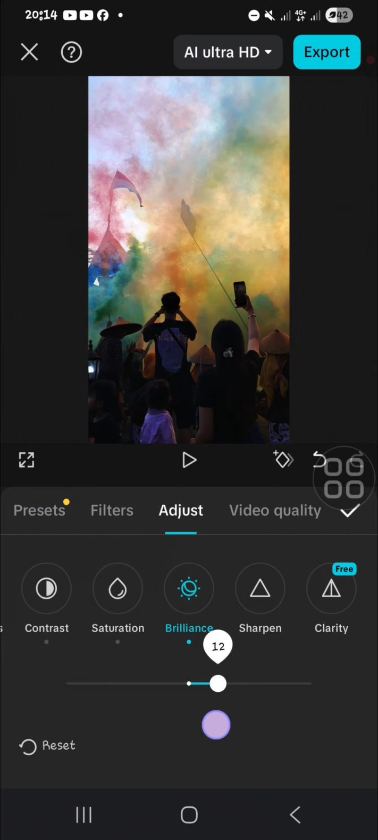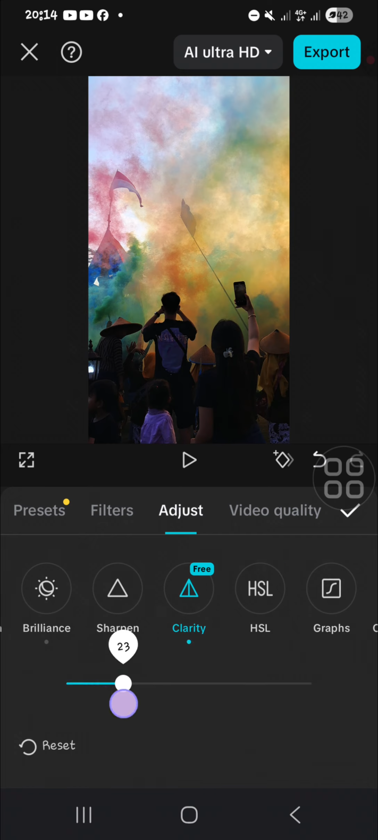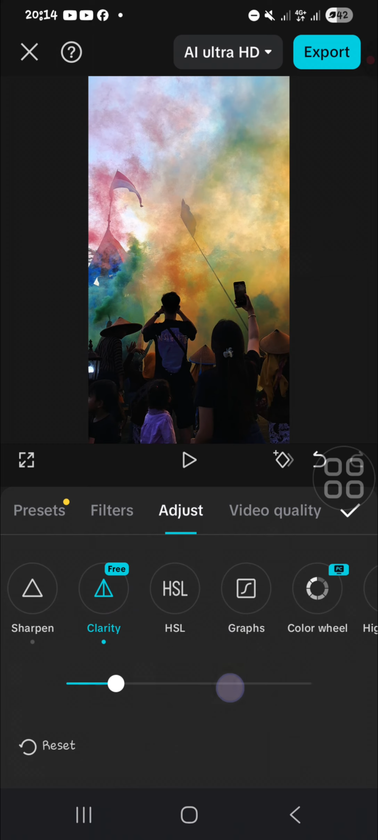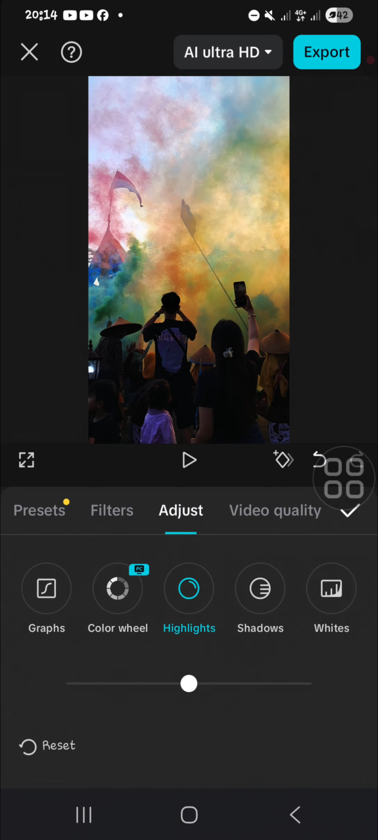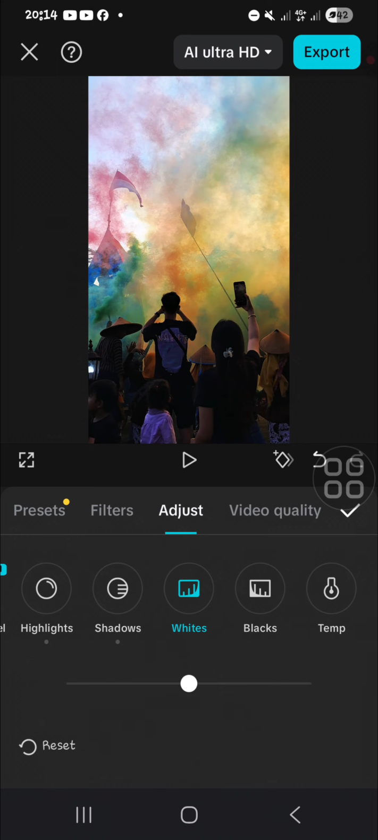10. Okay, and for the sharpen, make it plus 25, and for the clarity, I'm going to make it 20. All right, and then I'm going to move to the highlight. I'm going to increase the highlight just a little bit, make it 10, and for the shadow, I'm going to make it 6, and for the whites, I'm going to